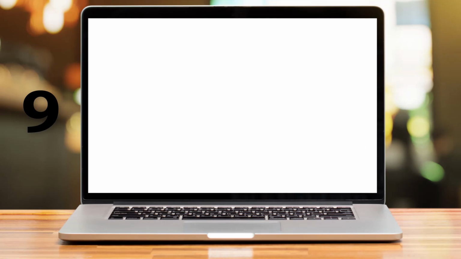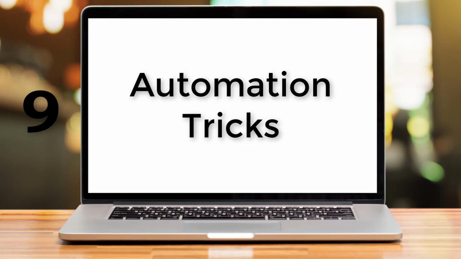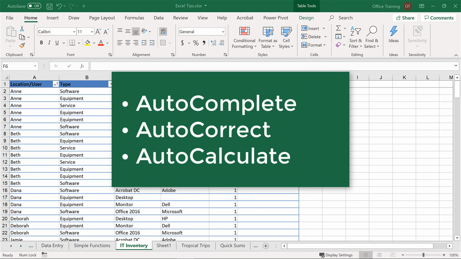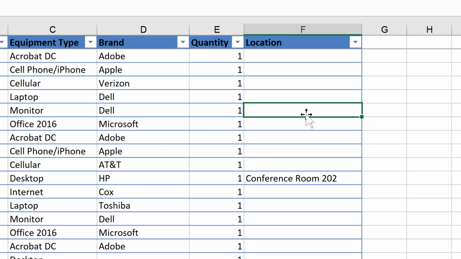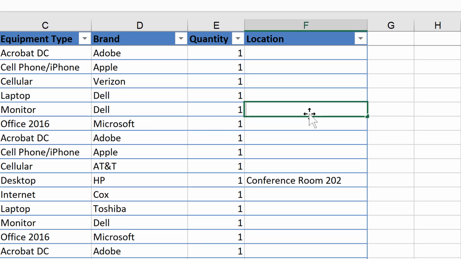Number 9, automation tricks. How can you easily automate your work in Microsoft Excel without using macros or programming? Microsoft Excel includes a number of built-in automation features, including autocomplete, autocorrect, and autocalculate. You've likely used the autocomplete feature anytime you're filling in a list of data. For example, when you start typing an entry, here I want the supply room,